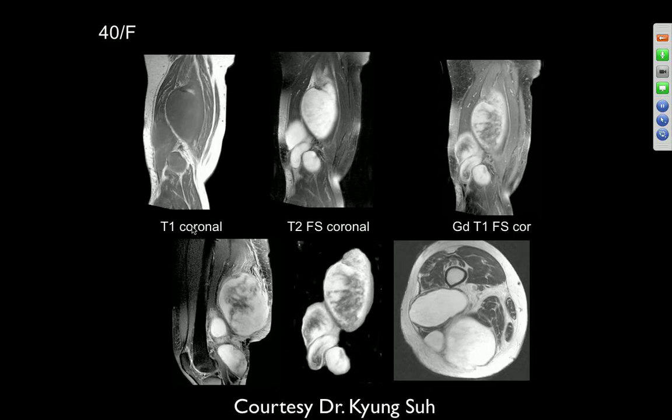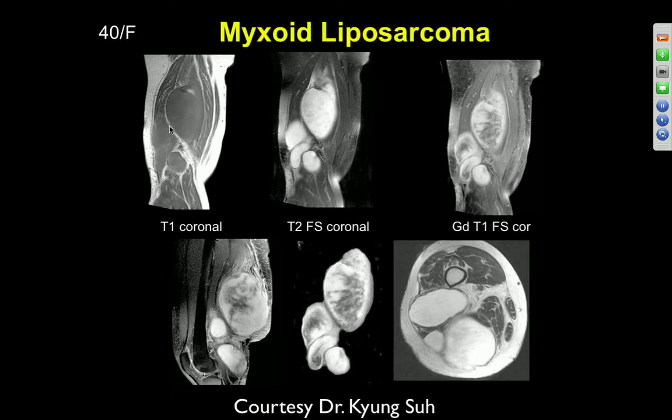Here's a 40-year-old female, T1 coronal, inhomogeneous mass here on the very inhomogeneous enhancement pattern. Doesn't look like a lot of fat in it here, so I don't know why I have this on. Oh, that's why. So on the T1 weighted images, what you can see here is that there's actually very little obvious lipid